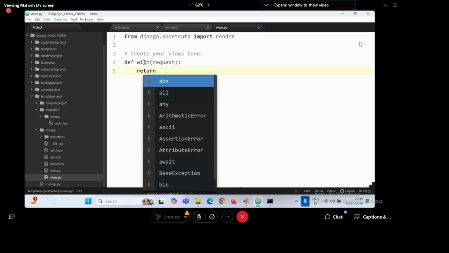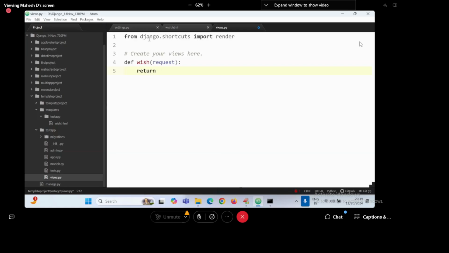But I'm not returning values, I'm returning an HTML file. There is one special function for that. Render is the function, from django dot